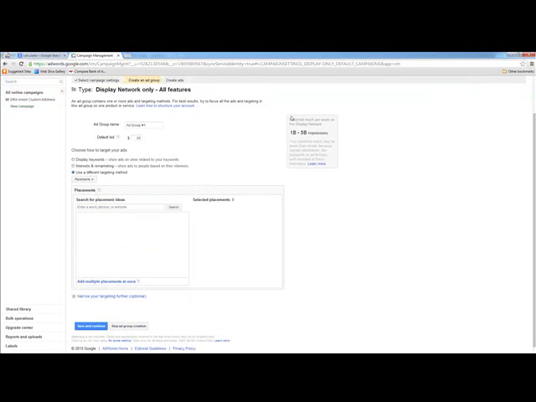Okay, and also over here, Google is going to estimate how many total impressions you could be getting using all of the targeting that you have. So right here, 1 billion to 5 billion impressions. That's way too many. So I'd want to try and narrow that down a little bit more if I were you, by taking off